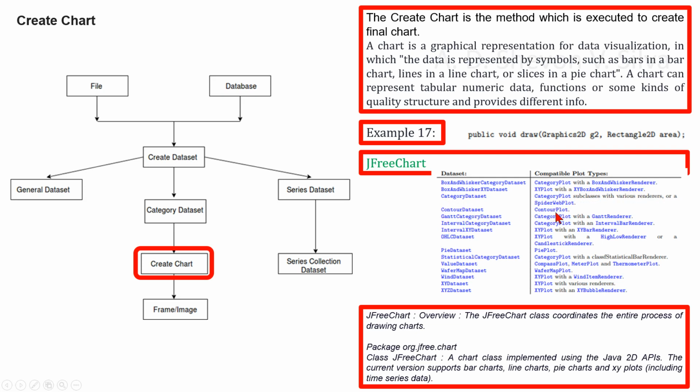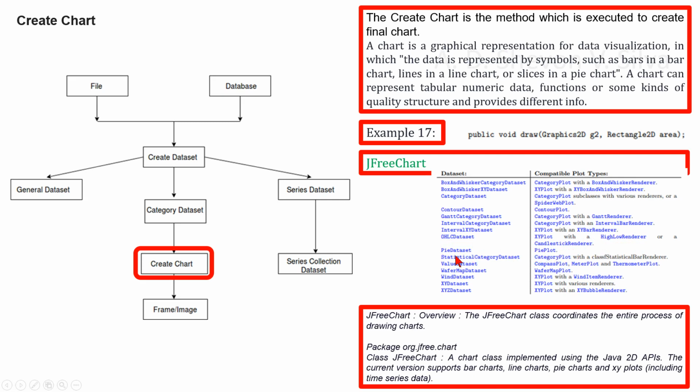Contour dataset: contour plot. Gantt category dataset: category plot with Gantt renderer. Interval category dataset: category plot with an interval renderer. Interval XY dataset: XY plot with an XY bar renderer. OHLC dataset: XY plot with high low renderer or